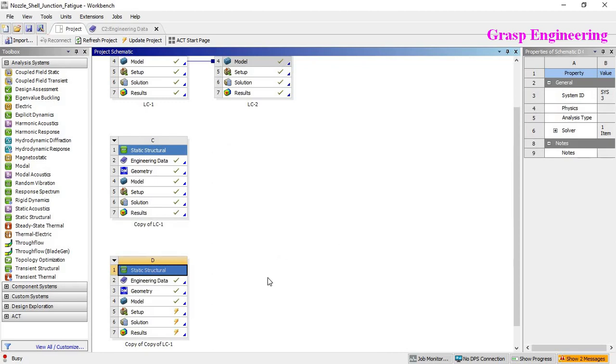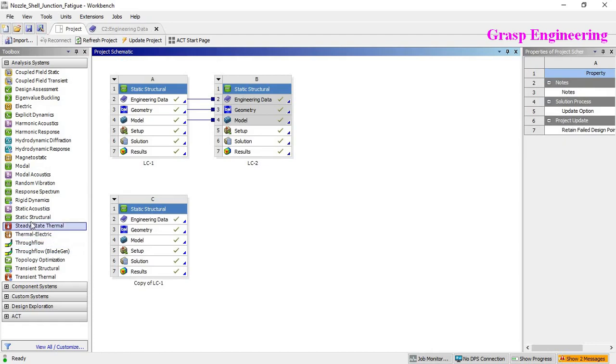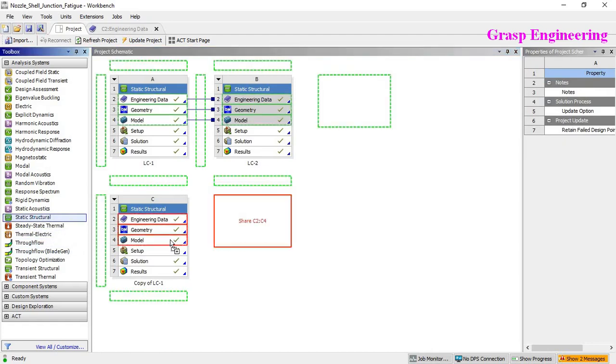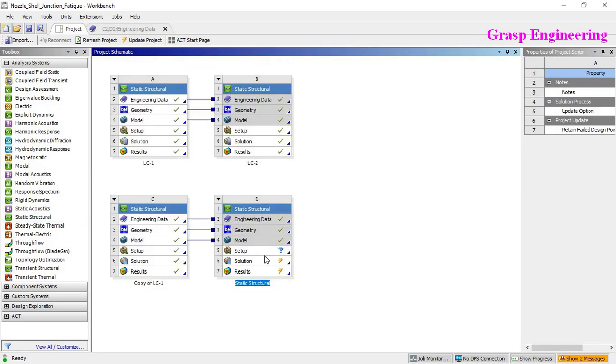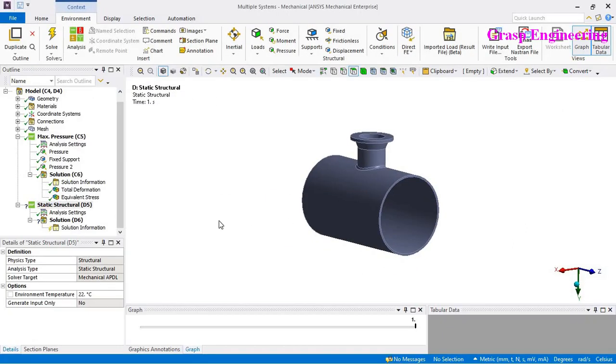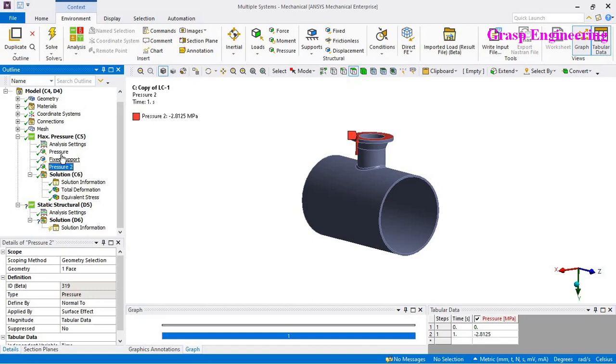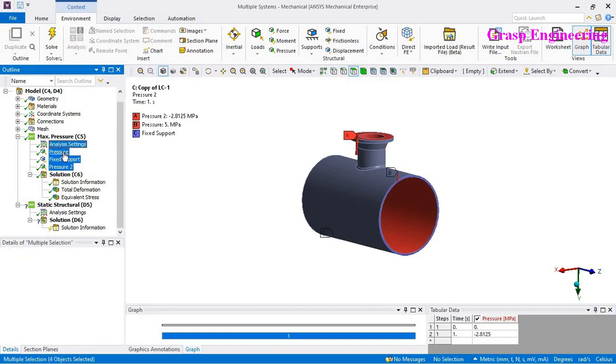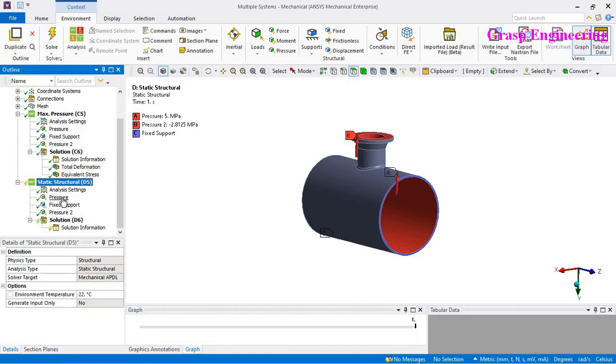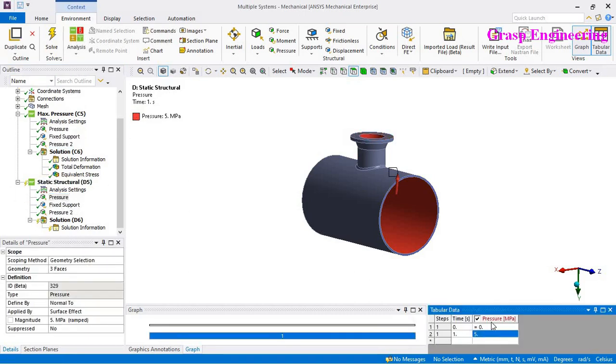In that case, you should just drag like this, drag and drop, so that you will carry the same file into the other deck, and just go inside that and simply select all this part and you can drag over here. So basically we are copying, and here let's define the value 2 megapascal.